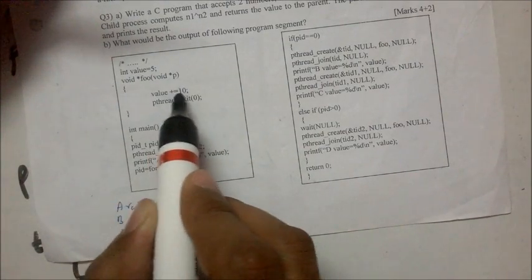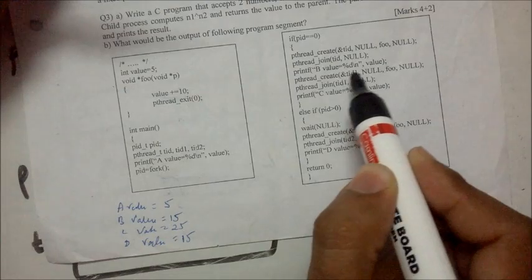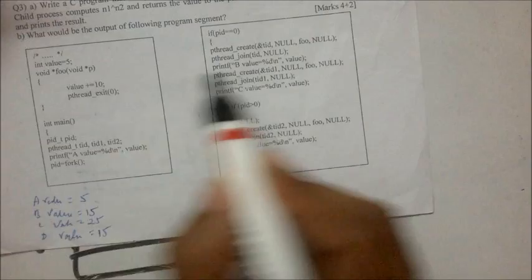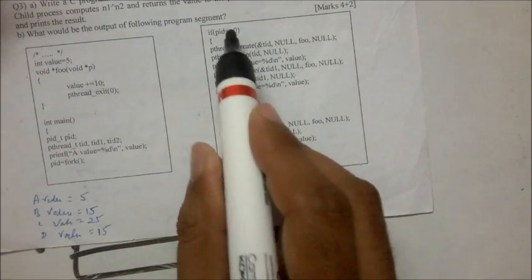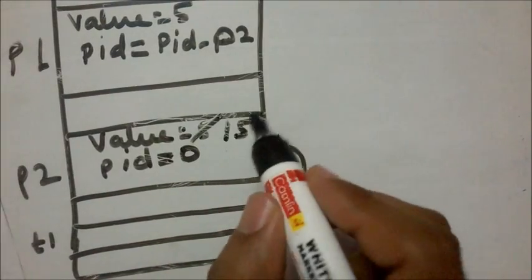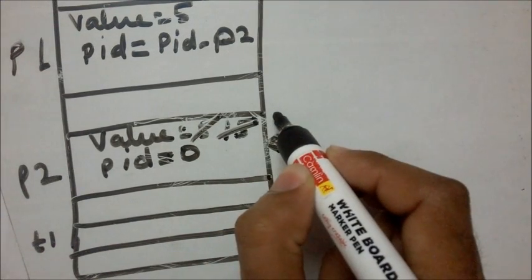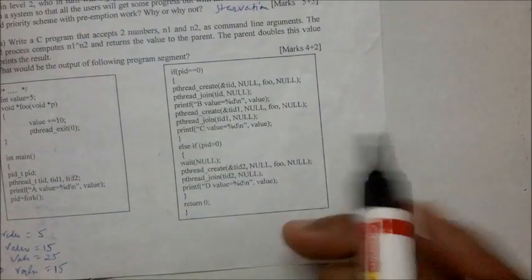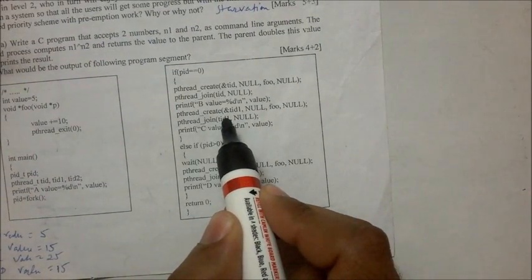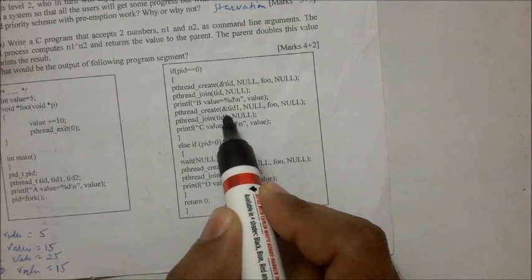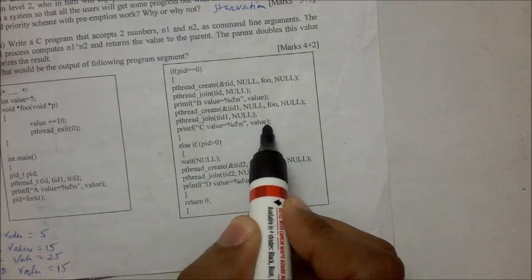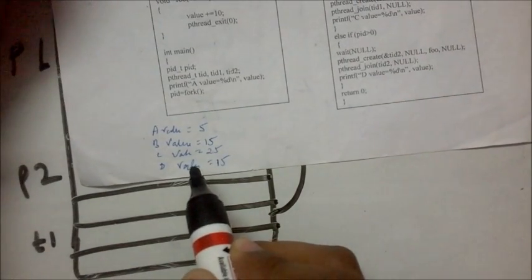So again this thread t2, tid1, will be updating the value variable of the child process itself. So this time the value becomes 15 plus 10, that is 25, and it is joined. Then printf c value is equal to percentage d value. So this time c value is equal to 25,